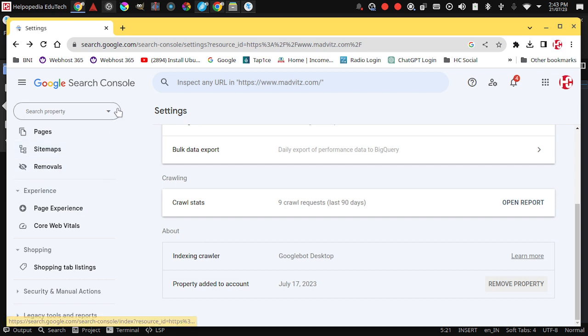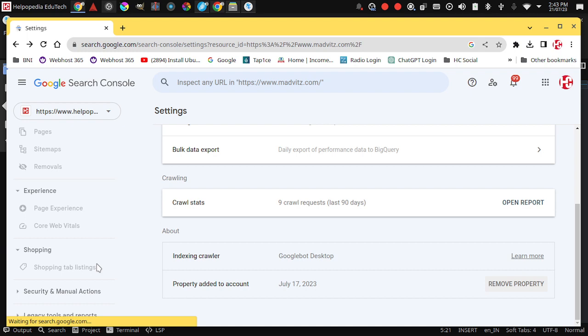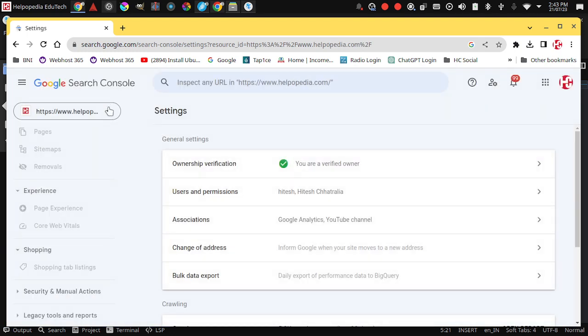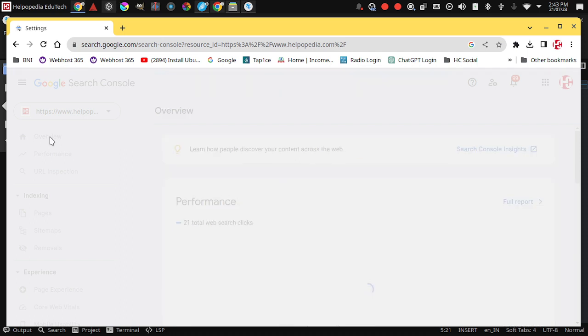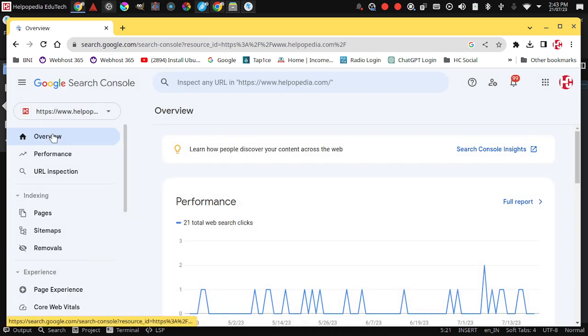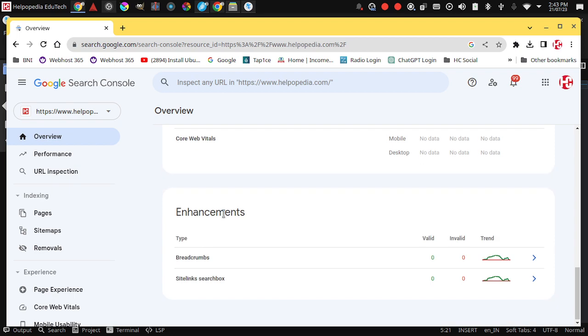Once that website is added, I can check all the reports over here. For now, temporarily, I will use another website, so let me switch to my website over here. Now in this we have the overview. Under overview, this is the bird's eye view of what is happening for our website in search engines. Whatever you are seeing here, like performance, experience, and enhancement,